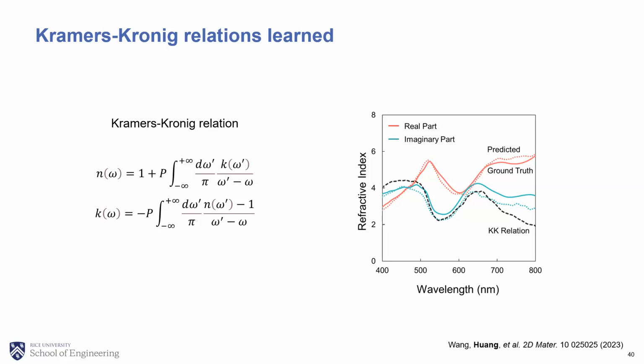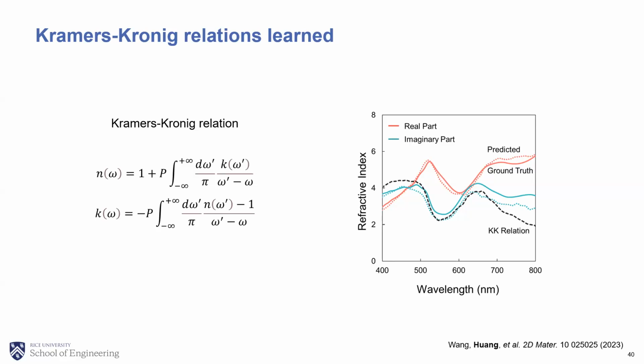This is because we have a denominator omega prime minus omega in the KK relation. This means the prediction of a value at a particular frequency is more accurate when the adjacent values are available. That's why the prediction at the center of the spectral range is more accurate. At the edge of the spectral range, you can see there are some deviations, and these are inevitable because the values outside the spectral range are not available. And for the KK relation, we also need to have an integration go to infinity. So there are inevitably some deviations.